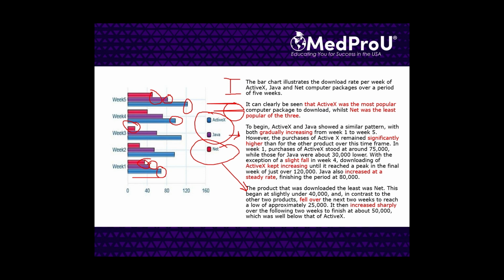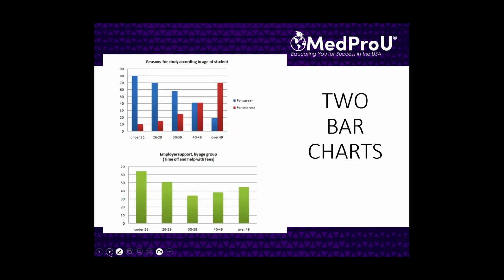Okay. So now, let's move to the next one. Okay. What if there are two bar charts? Yes, you can use peak. It reached a peak. Okay. So now, what if there are two bar charts? Don't worry about comparing them yet. If they are giving you different information, just go ahead with our organization, like the essay structure. So, intro, overview, and body paragraph 1 and 2.